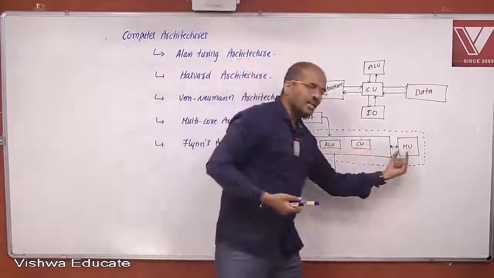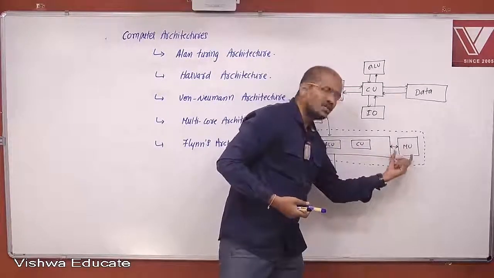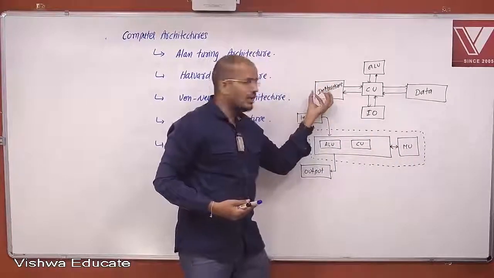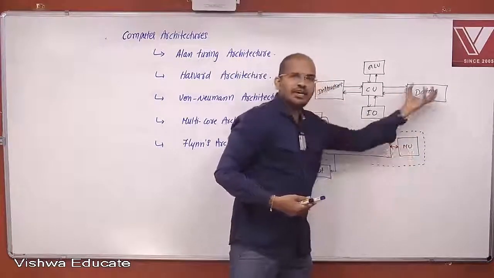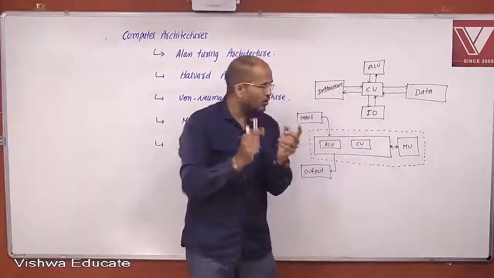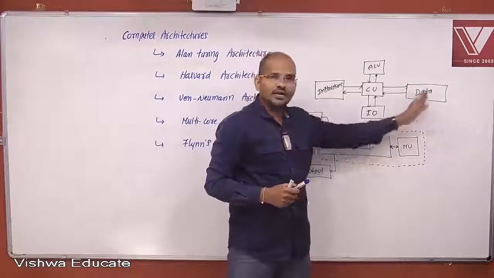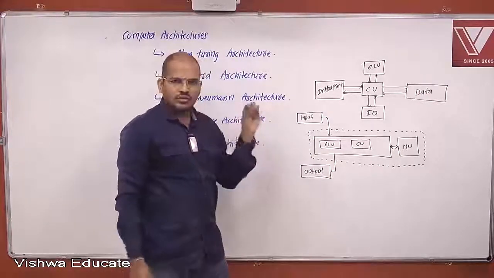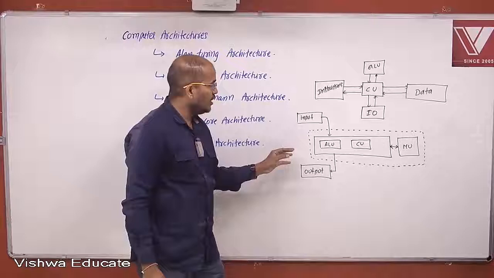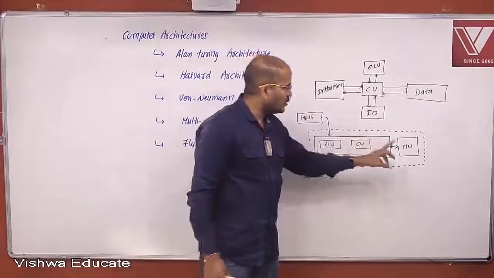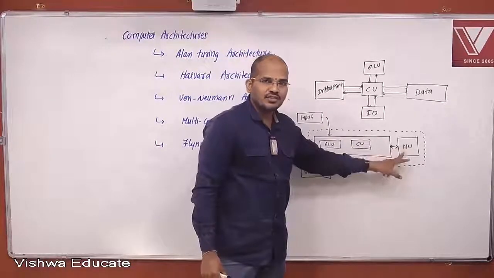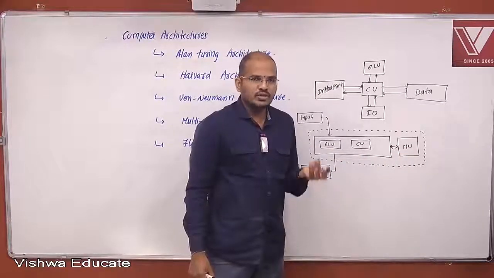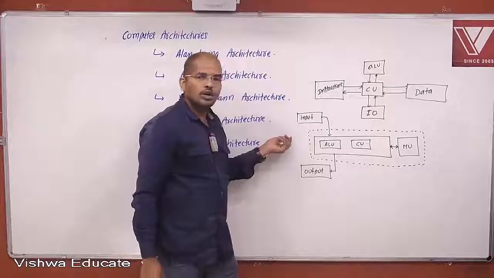and we have a single memory unit, and this single memory unit was common for both instructions and data. There is no separate slot for instructions and data in von Neumann architecture, and this is the mostly used architecture in the present day world. But the limitation is you cannot access instructions and data simultaneously. So that is a limitation to von Neumann architecture,